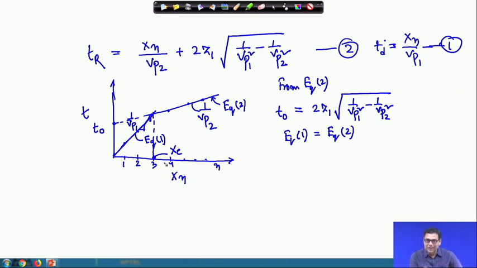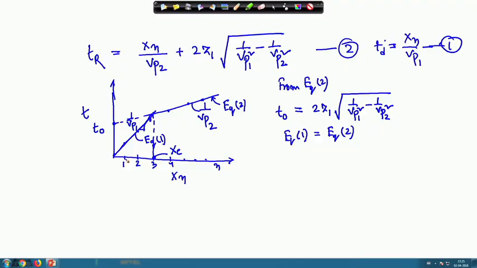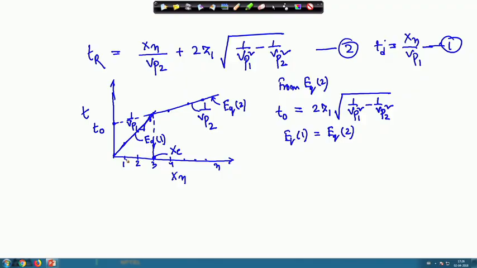So, this is the critical distance approach, and the first one is the t 0, the time intercept approach. Any two approaches you can choose to determine z 1. But again there is a condition that the velocity of the wave should increase with depth. Now, I will solve one example.